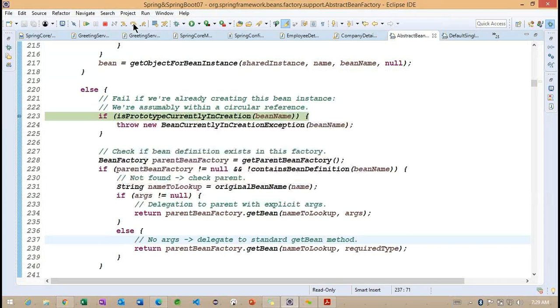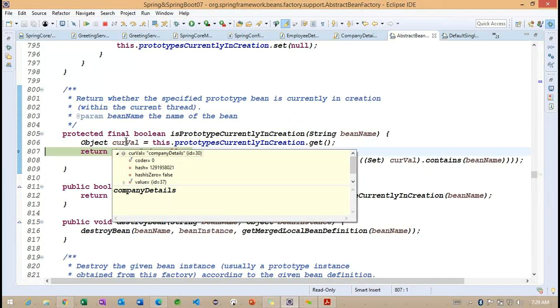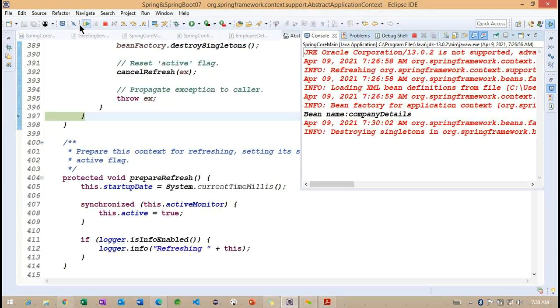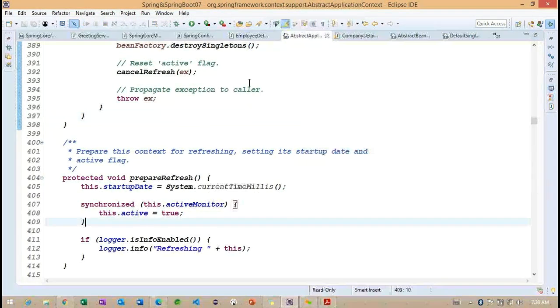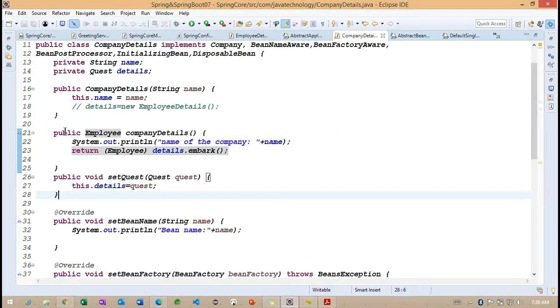Now directly we are coming here. So we need to check here. We are getting one. Yes. So this particular object is already created. Okay. Got it. So let me go back to our company details here.